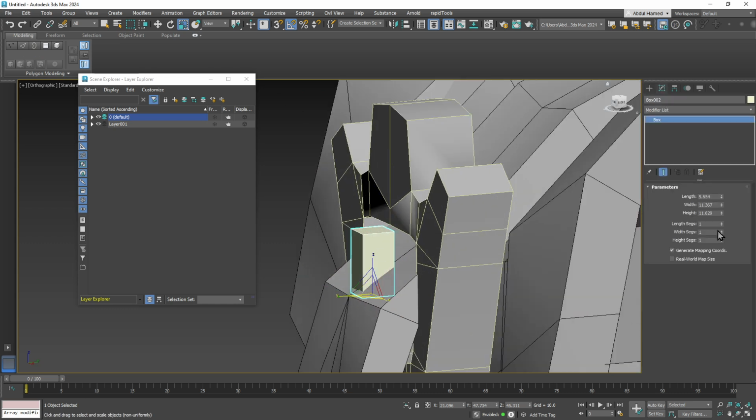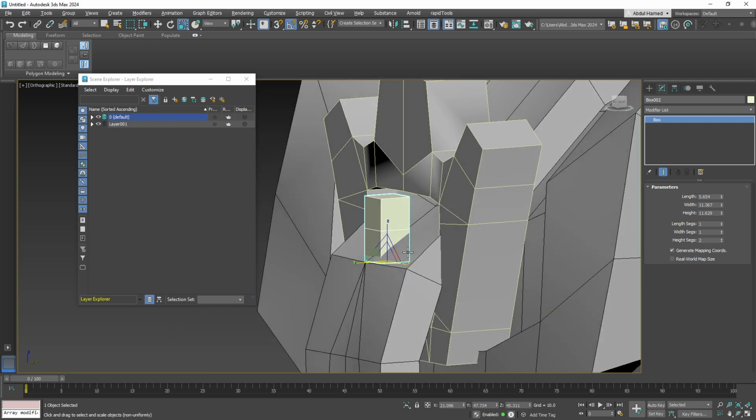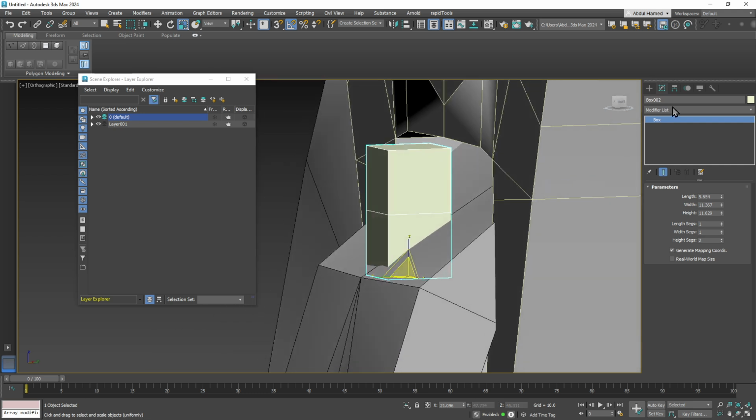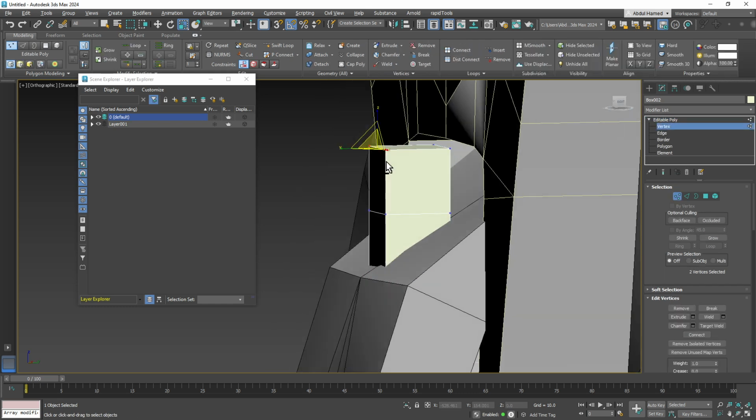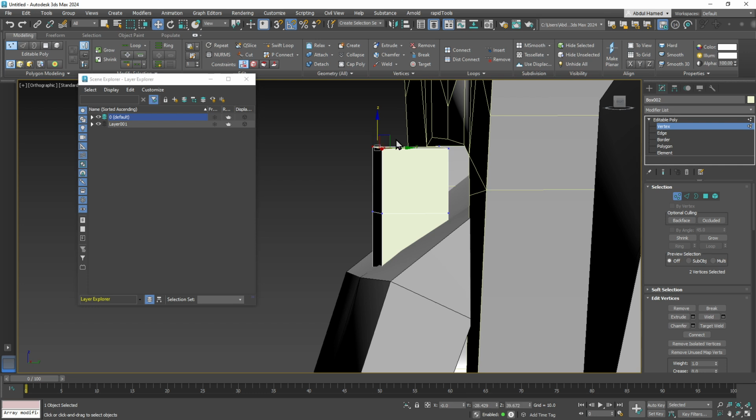Let's add some segments to it. So I'll be adding a height segment. And let's convert it to editable poly using vertices. I'll move this right there, make this a bit curvy,